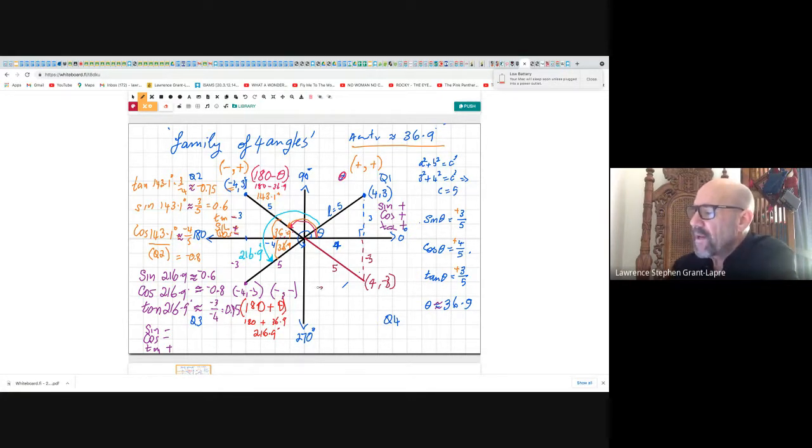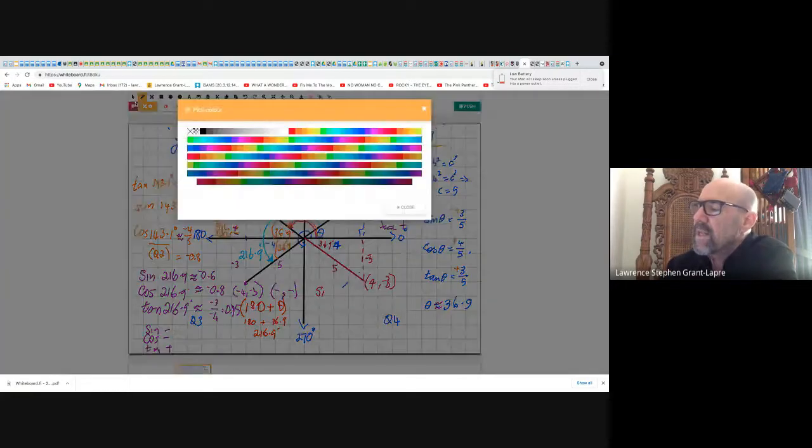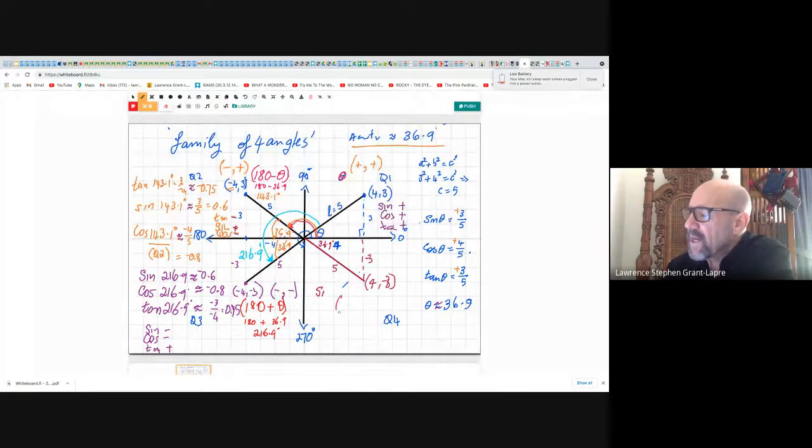Well, if this is 36.9 degrees here, then the rule in this quadrant is 360 degrees minus that angle. So 360 degrees minus 36.9 is equal to